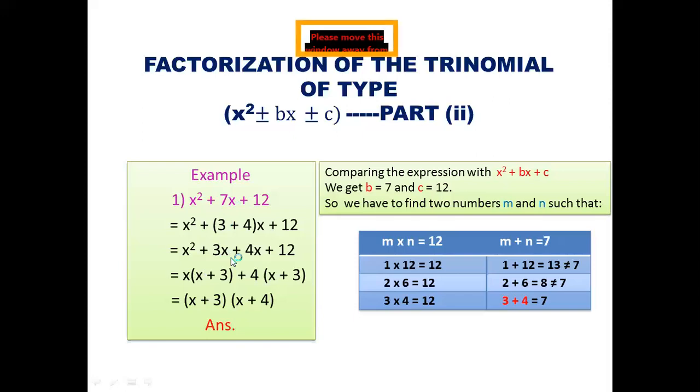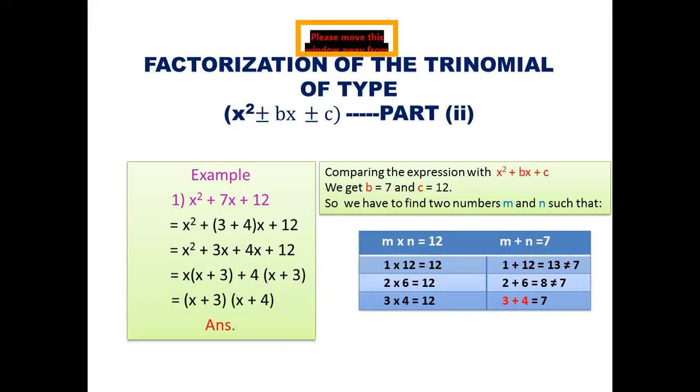If there are 4 terms, then we have to divide them into 2 groups and take the common of two groups. In the first 2 terms, x is common, then if you take x common, here is left x, and here is left plus 3. And in the next two terms, 4 is common, as I told you, 4 into 3 is 12. If you take 4 common, then what is left here, x, and here is left plus 3. Now we have to check whether this remaining in the bracket and this remaining in the bracket are same or not. If they are same, then we have to take them common. If they are same, then only our factorization is correct.